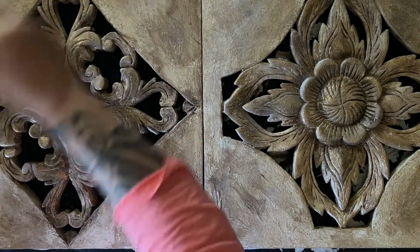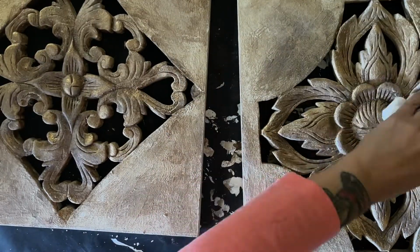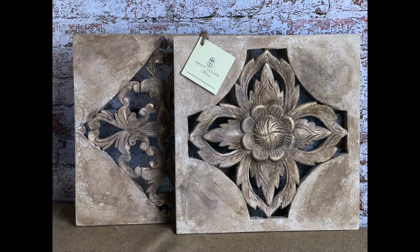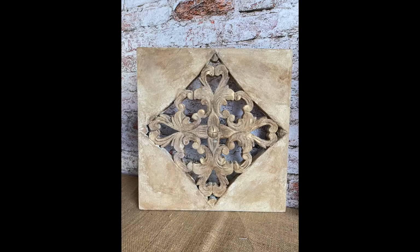So I put a coat over the top, and then I just take a paper towel and buff it in, making sure that I don't have any globs sticking out anywhere. And that's what they look like finished. Don't leave till the end of the video, because at the very end I show you how I style everything. So now we're moving on to project 2,